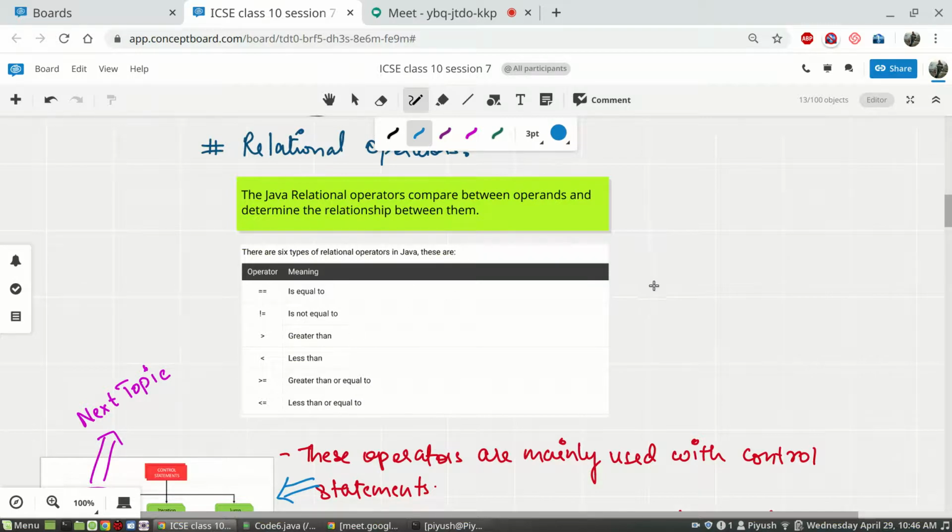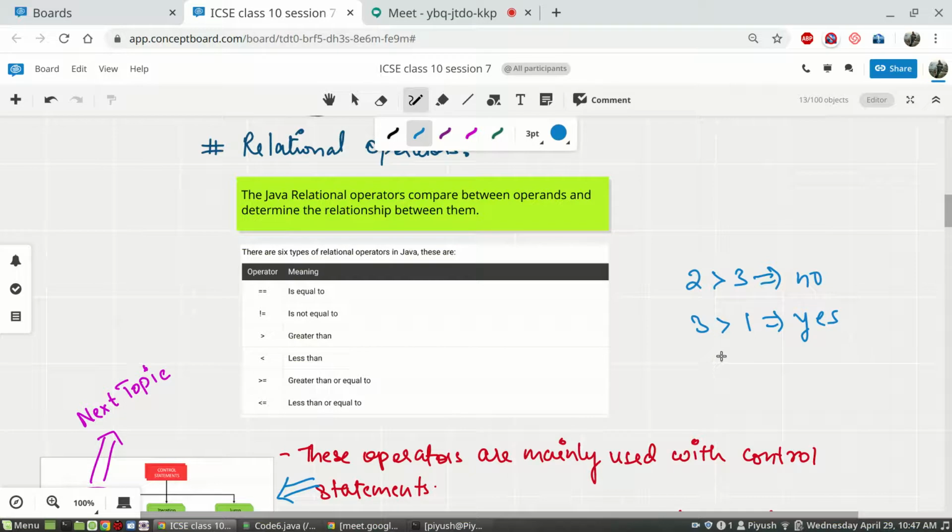We can check if one operand is greater than the other. For example, 2 is greater than 3. Is it correct? The answer is no. 3 is greater than 1. Is it correct? The answer is yes.